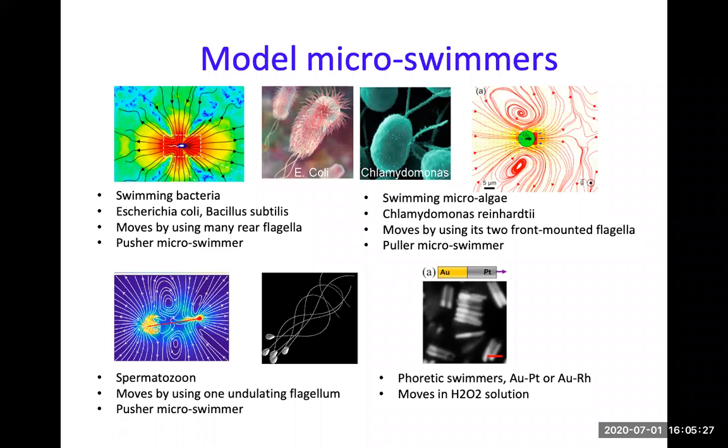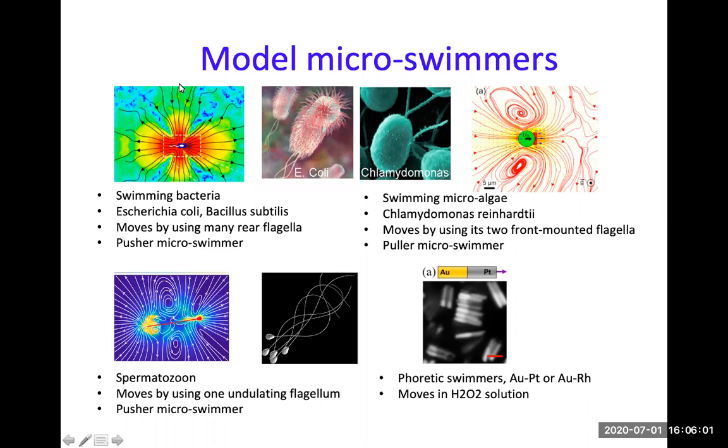So swimming bacteria, things like E. coli, Bacillus subtilis, right? E. coli, you've heard about it because there are pathogenic strains. And bacteria in general, most of them move by using flagella. So they have many flagella, and if they can bundle them, they propel themselves. But as they move, they do disturb the fluid flow. And if you visualize this fluid flow, it looks like this force dipole or hyperbolic fluid flow, right?